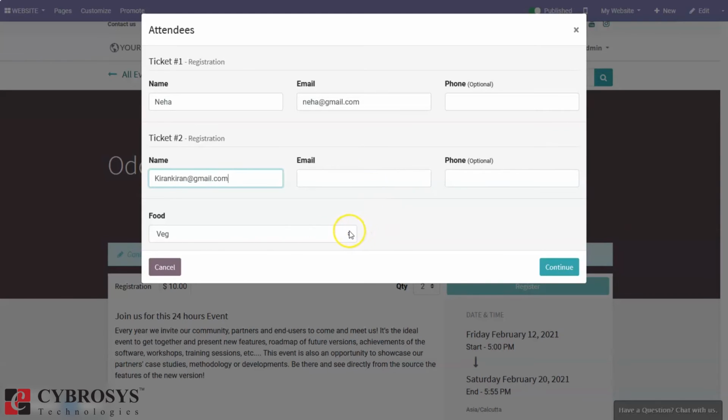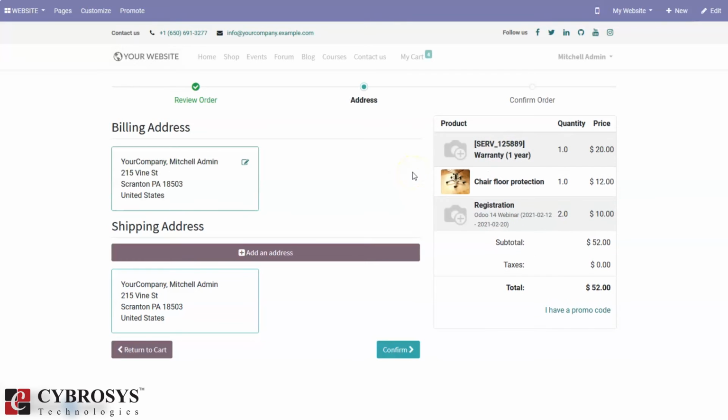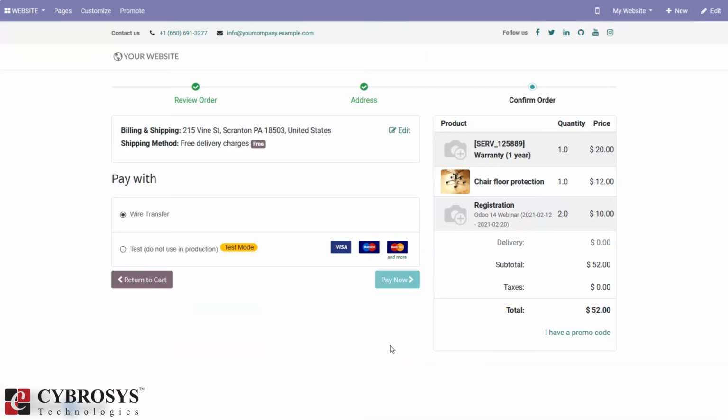Here we can set whether veg or non-veg, and continue. Phone number is optional, you can provide it if you want. So once that is done, we can confirm, edit the address, and we can make the payment from here.